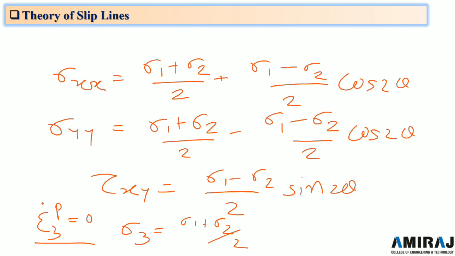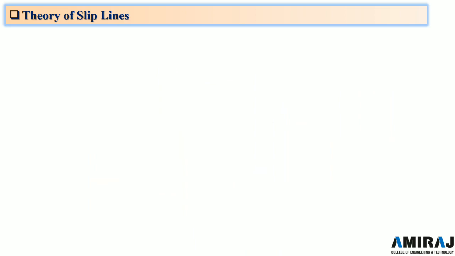This is illustrated below. It is clear that the relative magnitude of principal stresses is in the order sigma 1 greater than sigma 3 greater than sigma 2. Sigma 3 being the middle stress, Tresca's condition becomes sigma 1 minus sigma 2 by 2 equal to capital K,